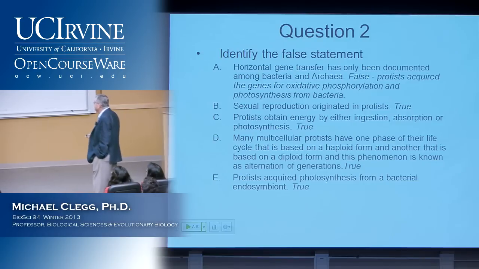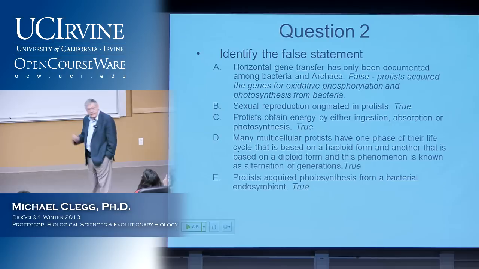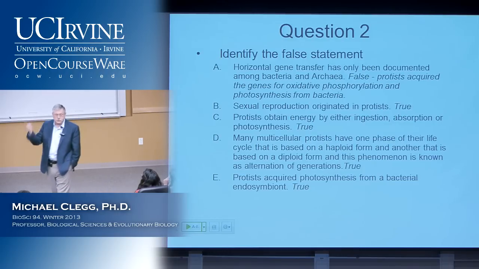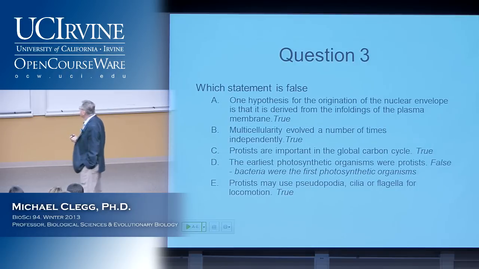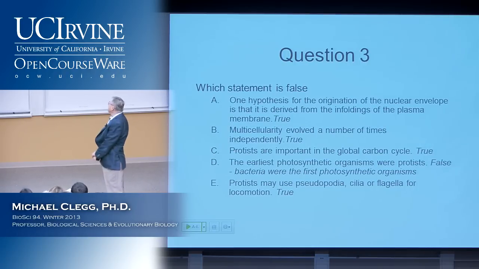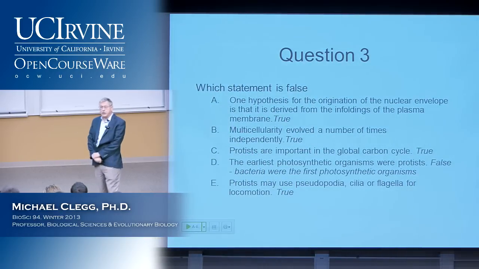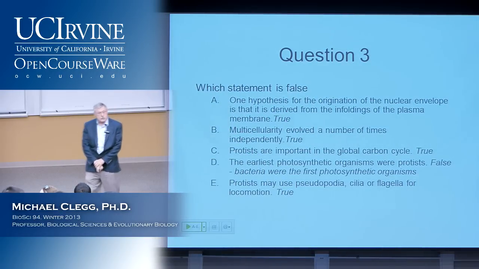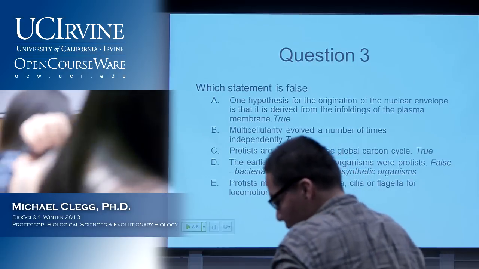Protists acquired photosynthesis from a bacterial endosymbiont. Yes, cyanobacteria, so that's true. Okay, number three. Which statement is false? One hypothesis for the origination of the nuclear envelope is that it is derived from the infoldings of the plasma membrane. Yes, that's in your text, and I talked about it and showed a figure on that